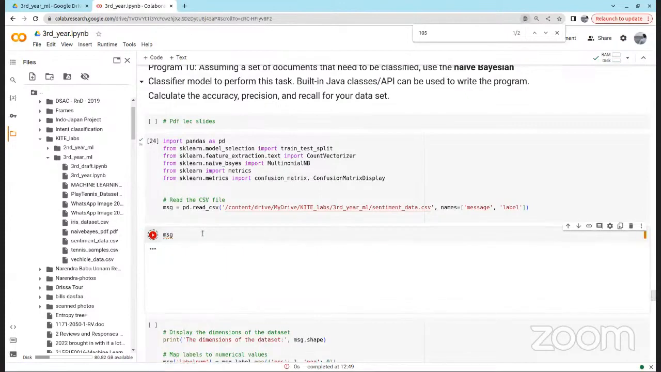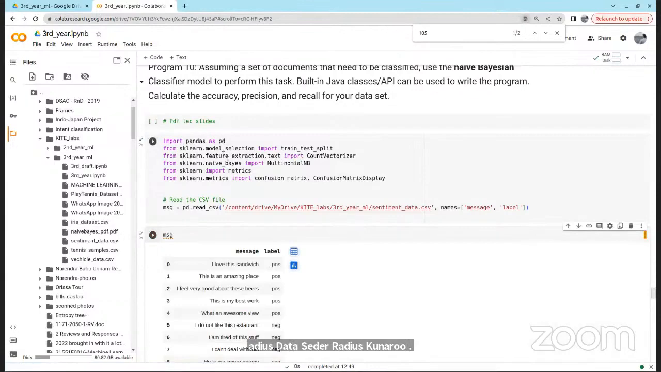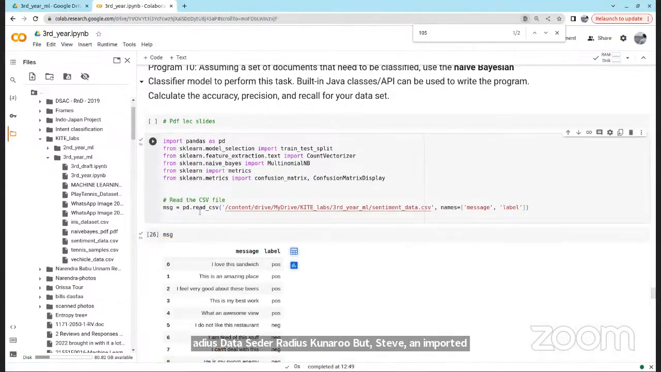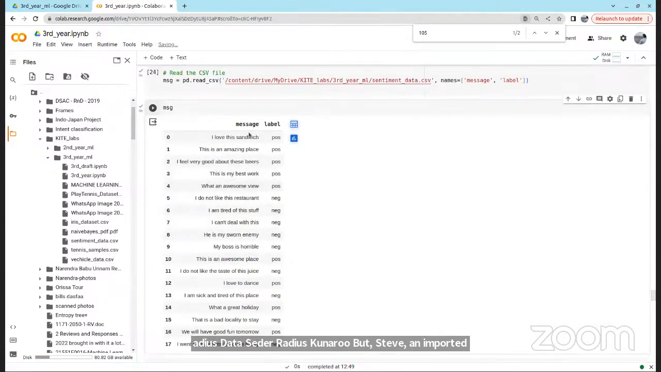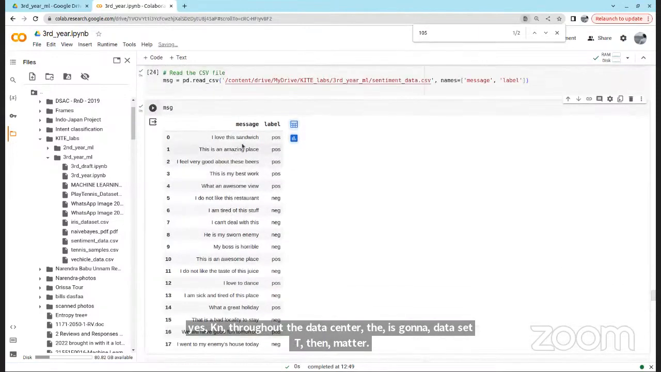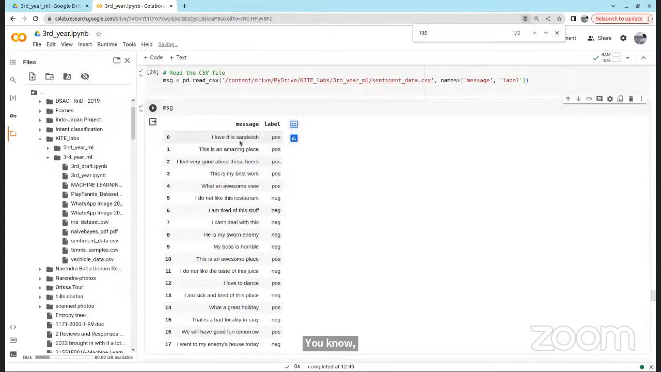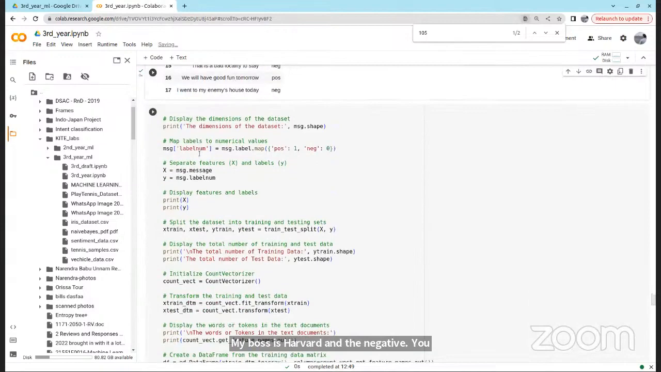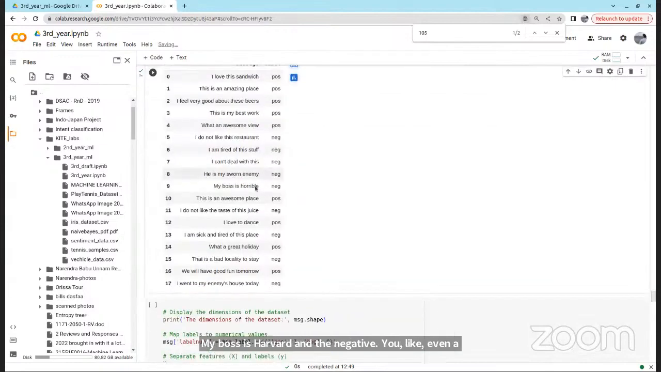డేటా సెట్‌ని రీడ్ చేసుకున్నారు, ఫస్ట్ ఇవన్నీ ఇంపోర్ట్ చేసుకున్నారు, తర్వాత డేటా సెట్‌ని రీడ్ చేసుకున్నారు. ఆ డేటా సెట్ ఇదనమాట. ఇలా మనకి 18 రికార్డ్స్ ఉన్నాయి. "I love this sandwich", "He is my sworn enemy" అంటే నెగిటివ్ అన్నట్టు, "My boss is horrible" అంటే నెగిటివ్. ఇలాగా ఇవన్నీ డేటా సెట్లు. ఇప్పుడు మీకు ఇదంతా టెక్స్ట్ కదా, ఈ టెక్స్ట్‌ని